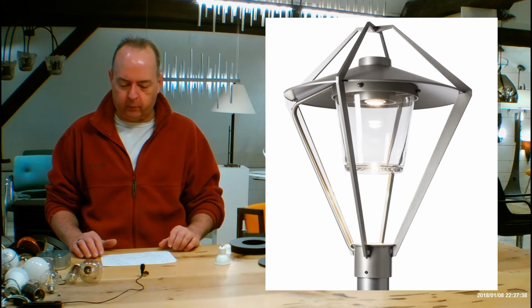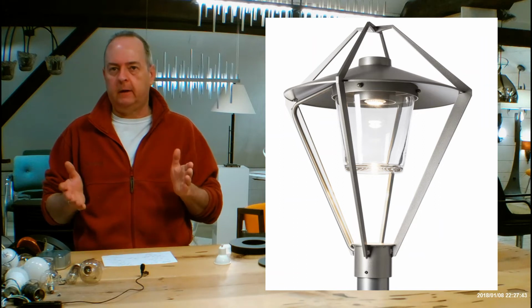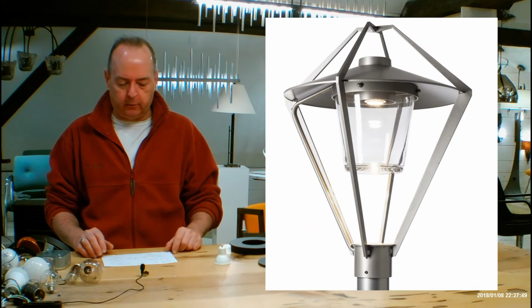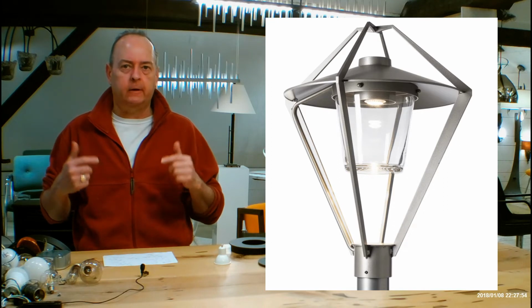This is the 342651. Lots of things I love about this. To begin with, there are two sconces for this, outdoor wall sconces. There's also a hanging light that matches this too. They're all pretty cool. It's a beautiful design, but on top of that, there's great engineering in this for a